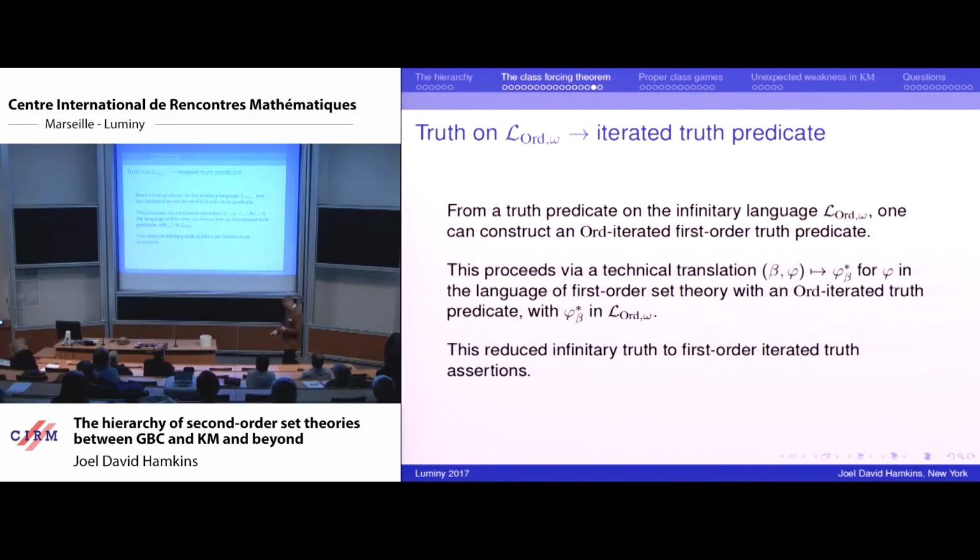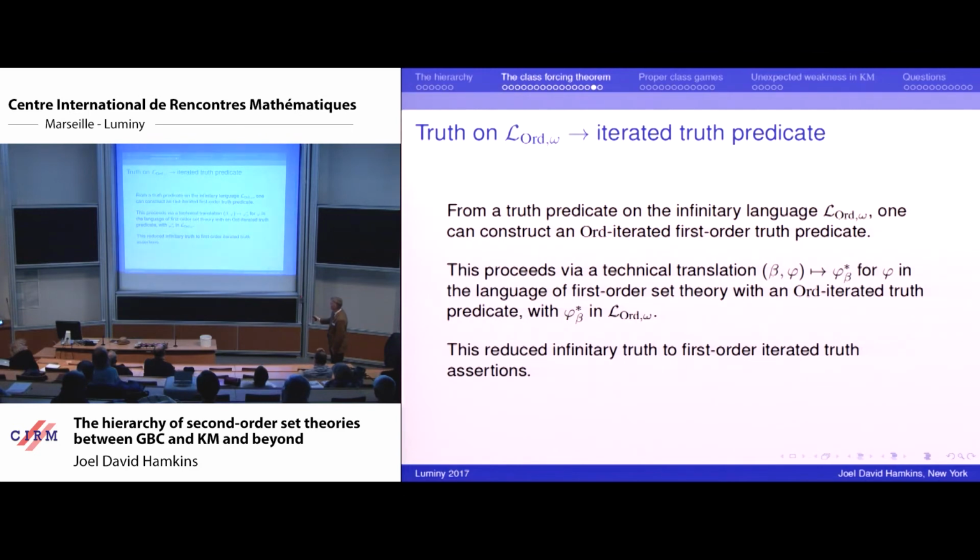Well, that's where you have a truth predicate on the first order formulas, and then you have a truth predicate about truth, and then a truth predicate about truth, and so on, iterated, ORed many times. So we have a single truth predicate relation, and truth assertions are made at a stage. So we say such a statement in that language of the iterated truth predicate is true at beta if, okay, there's a certain recursion. That's the Tarski recursion for iterated truth predicates, and that's what we want to